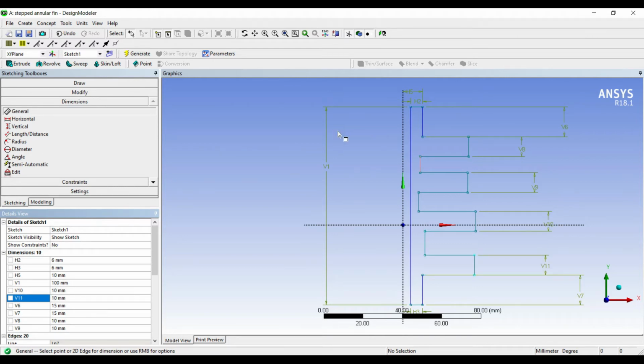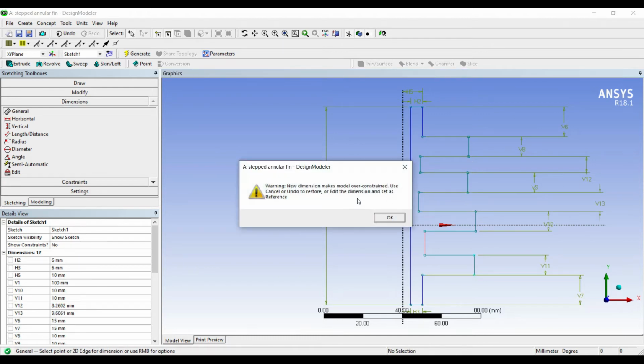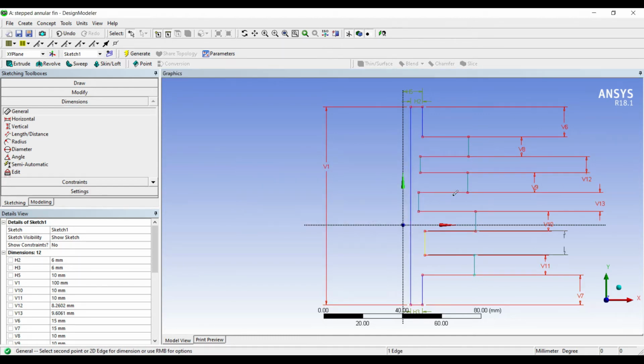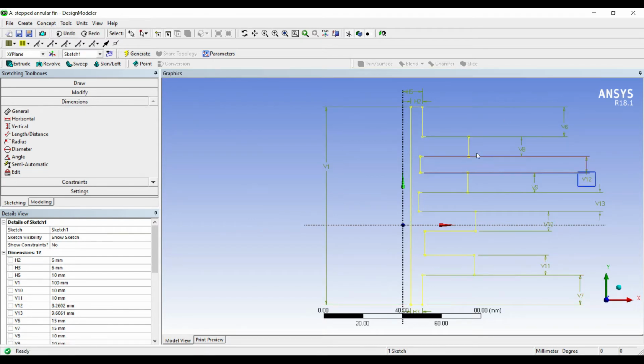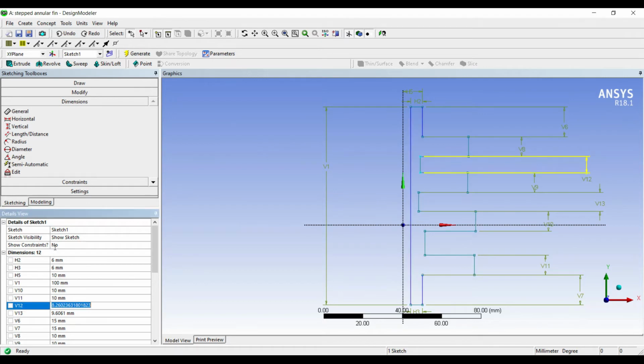And now what remains is this gap. Okay, that will make it over constraint, so it's not required. I'll click on undo. V12 and V13 is say 10.